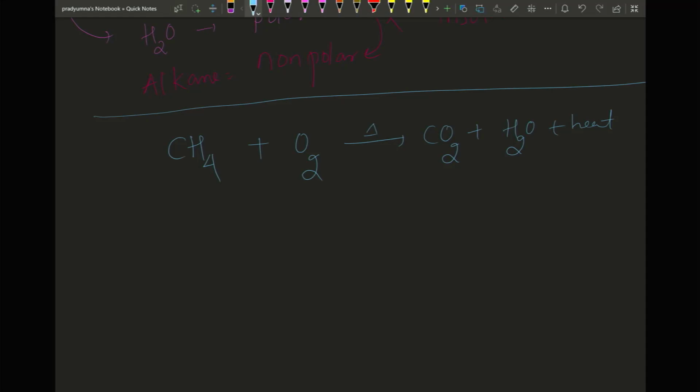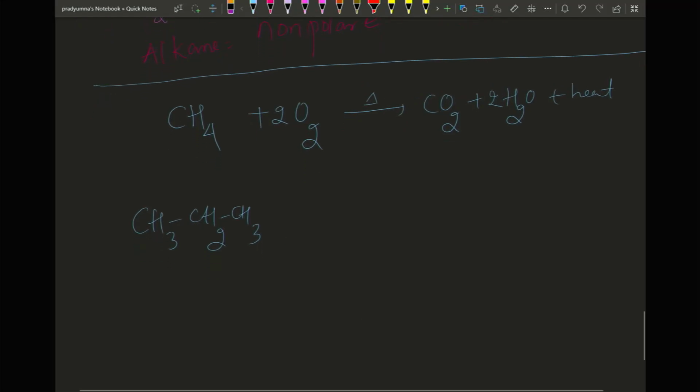Okay, let's balance the equations. So we have two hydrogens here, so that's four to balance. Oxygen needs to be balanced as well, so two. The same thing will happen with any sort of alkane. So let's say propane, we are barbecuing with the propane tank. So this is propane, right? So this is our propane. You write it like this, or you can write the actual formula, which is